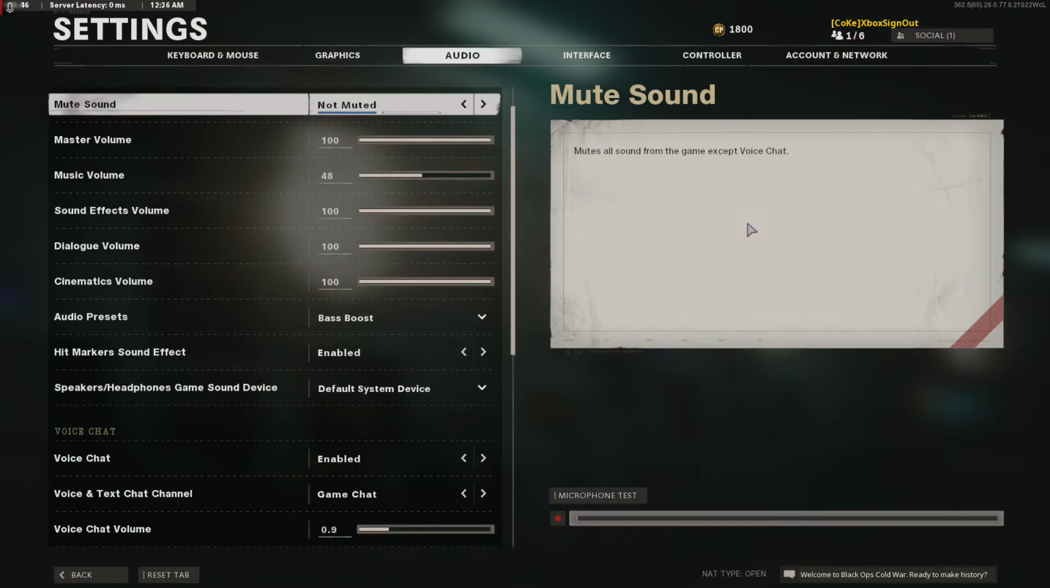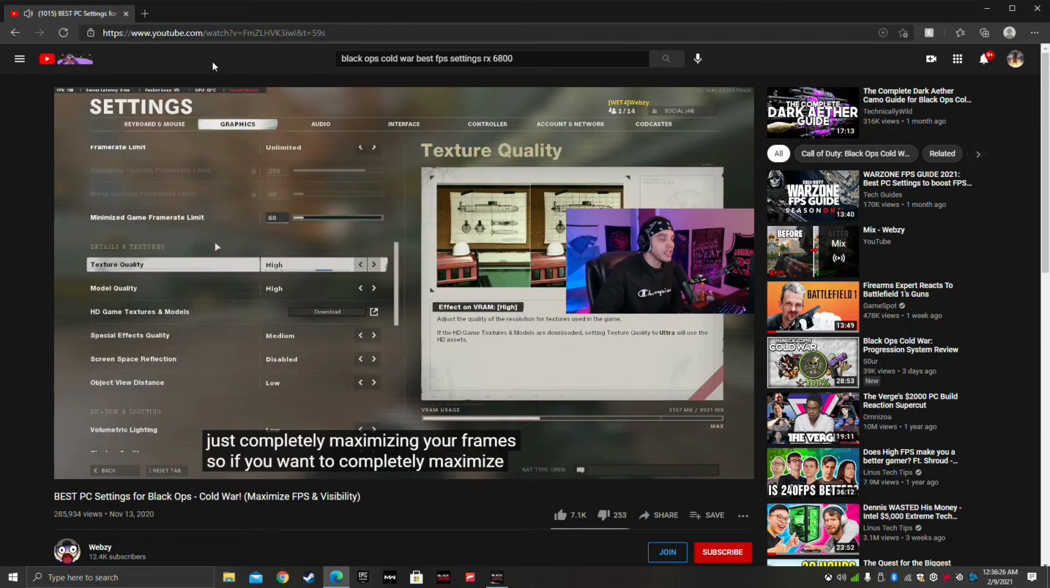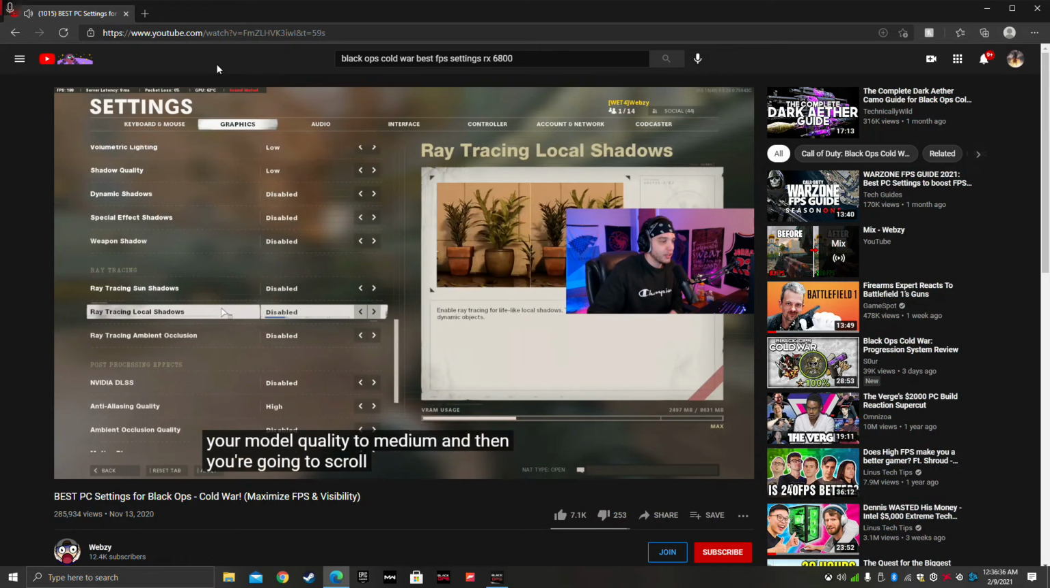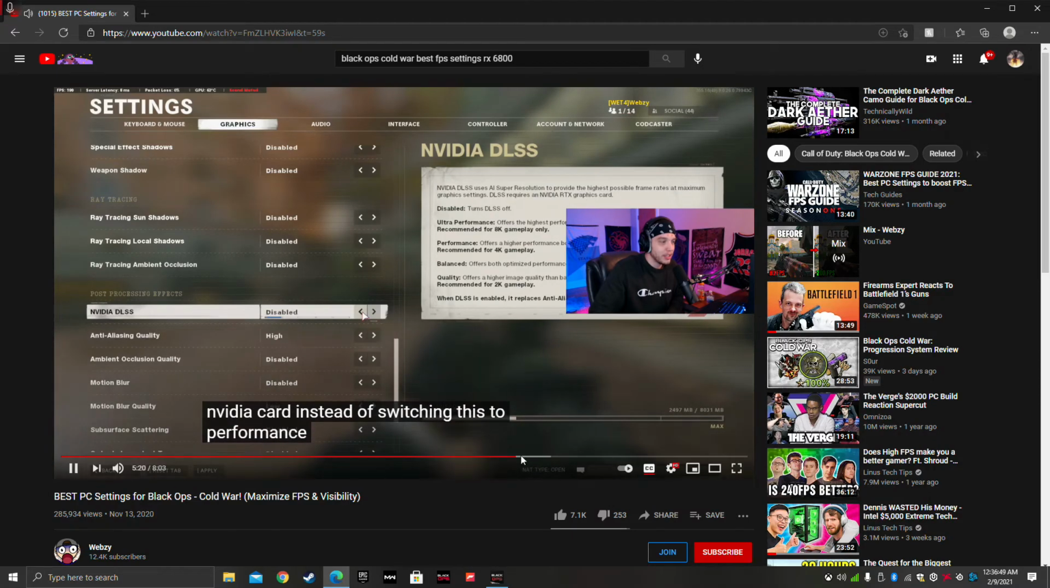And then I'm going to show you guys the settings for just completely maximizing your frames. So if you want to completely maximize your frames without making your game look completely blurry and disgusting, you're just going to want to lower your texture quality to medium, your model quality to medium, and then you're going to scroll all the way down to Nvidia DLSS, and you're going to want to put this up to performance. Now, if you don't have an Nvidia card or you have an older Nvidia card, instead of switching this to performance, you would want to